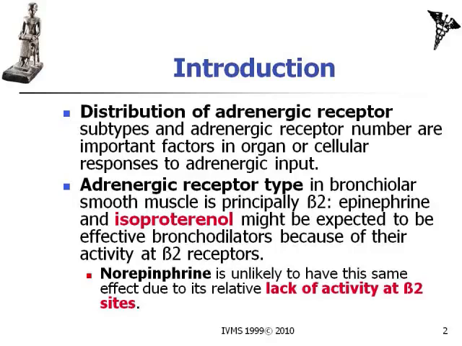And it is important for us to know, when we talk about adrenergic drugs, whether we are talking about a drug that is going to be selective or non-selective. So again, isoproterenol is the prototype beta-2 agonist, and it is